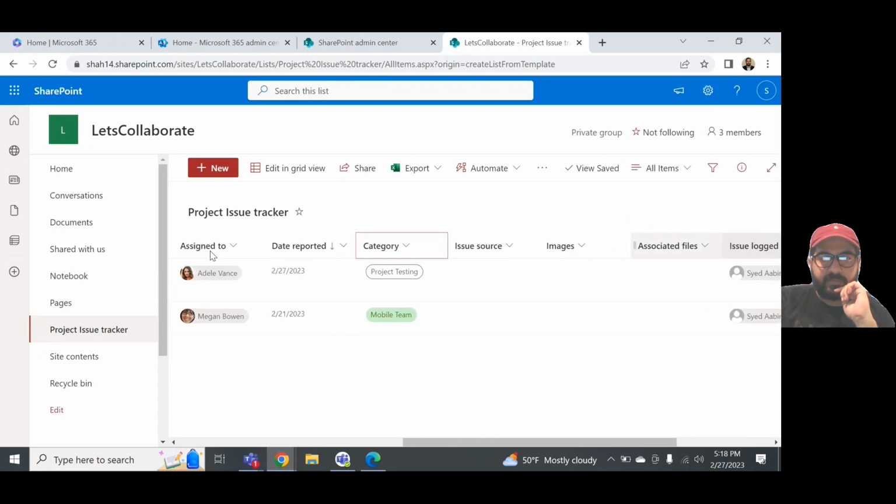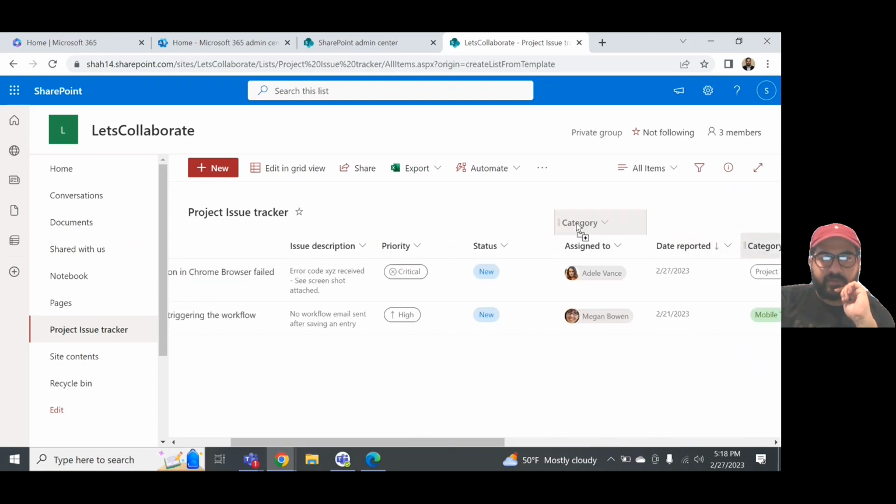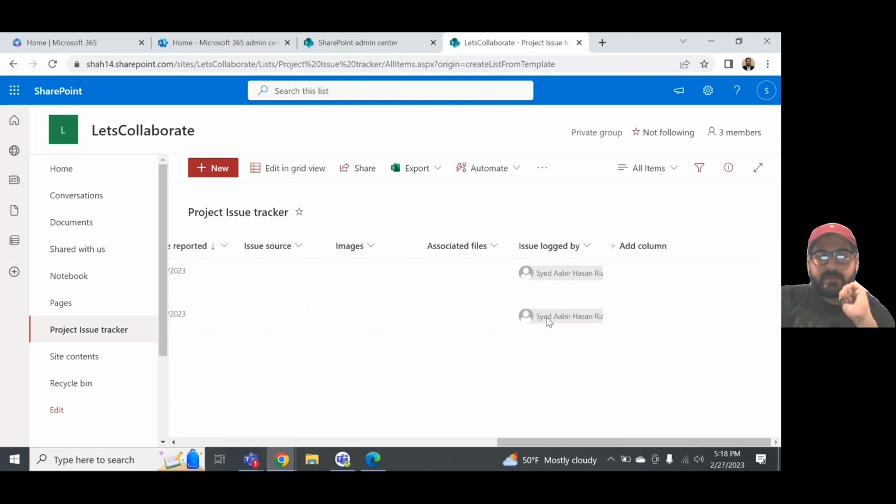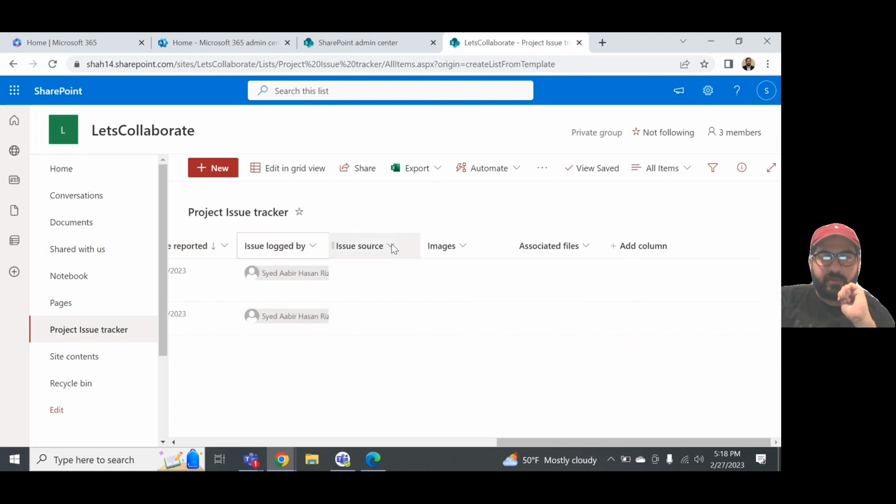So let me just grab it again. I think I like it someplace here. What category is it? Next to priority and status. Same goes for issue logged by. I want to put it here, and issue source and